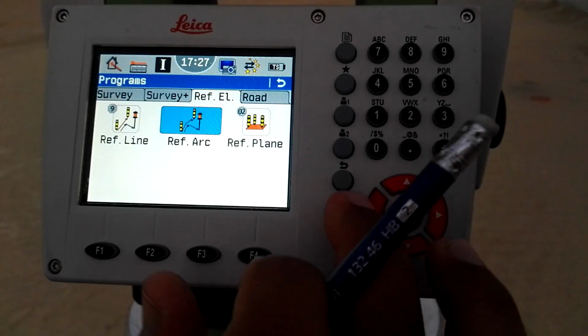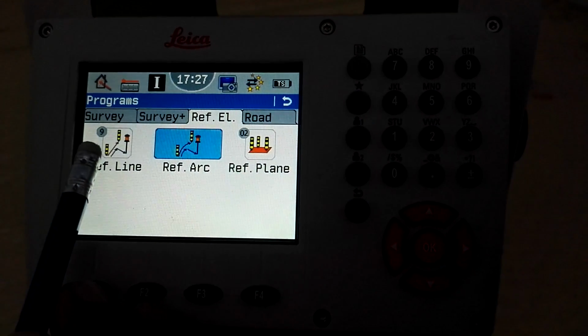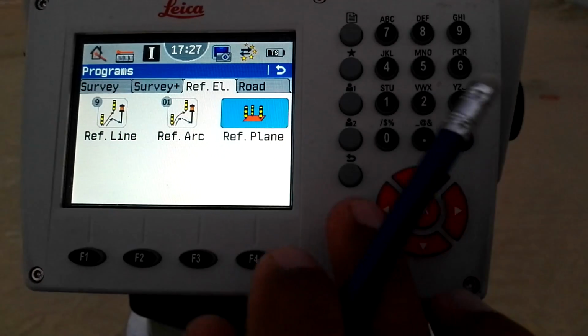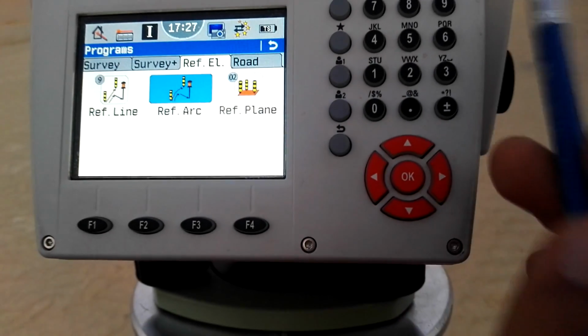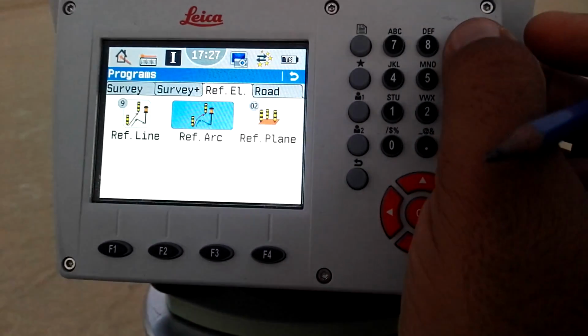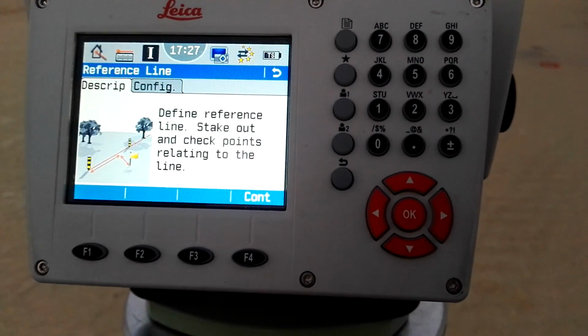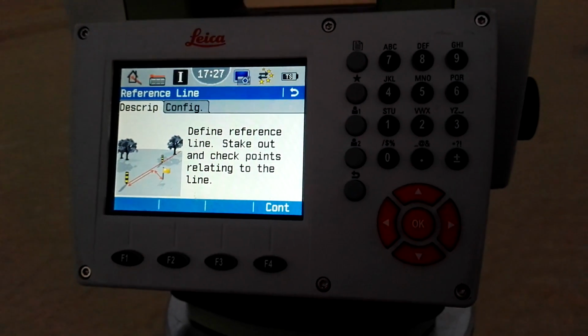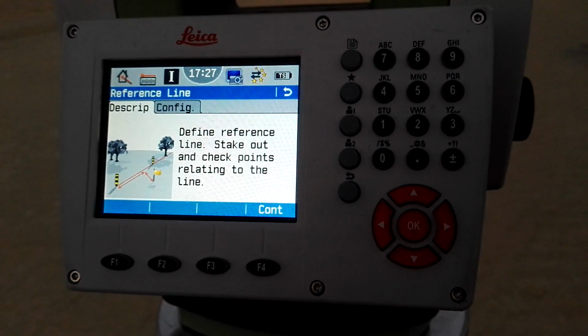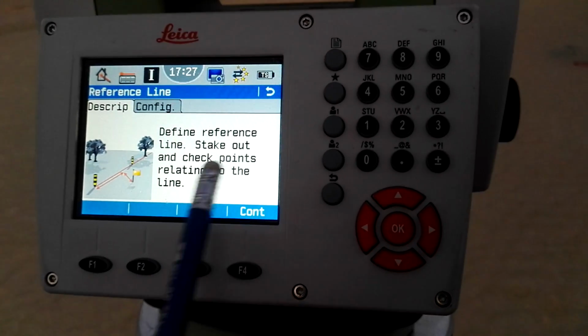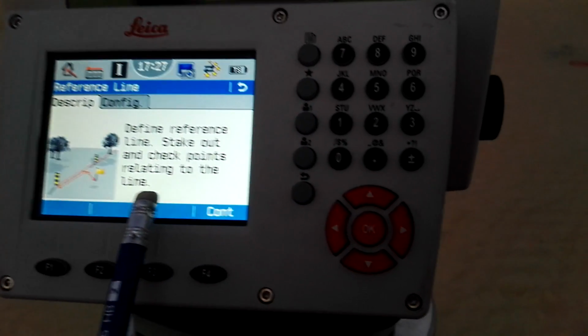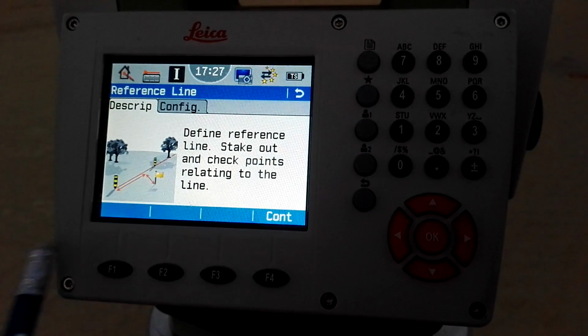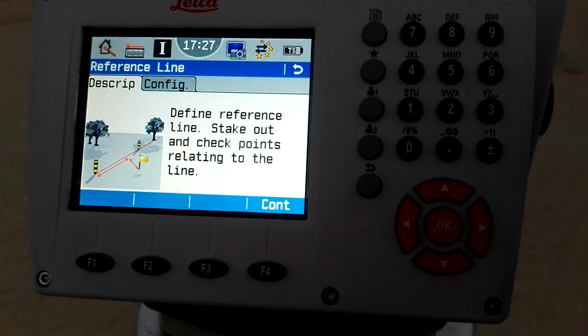You can see there is a number written, 90102. We can simply press it on the keyboard. If I press 9, I can go to the reference line, and next there is a description: define the reference line, stake out and check the points relating to the lines. This I already explained in my two previous videos.